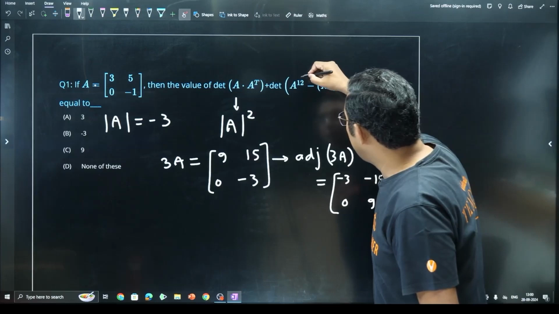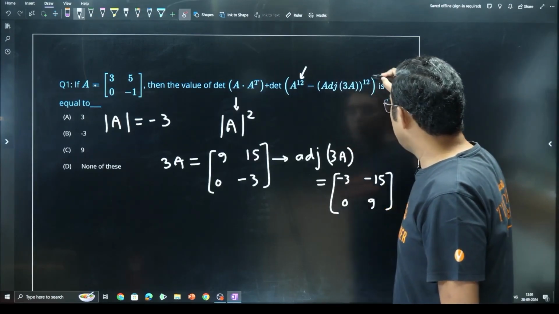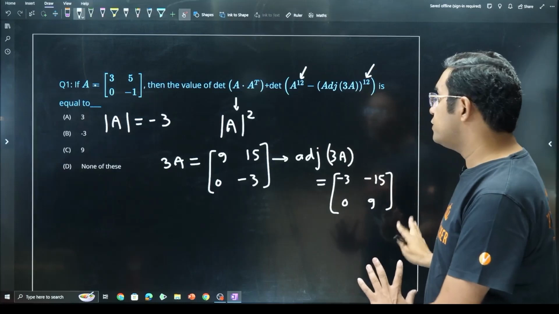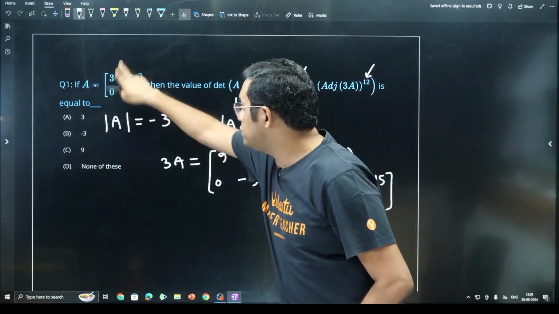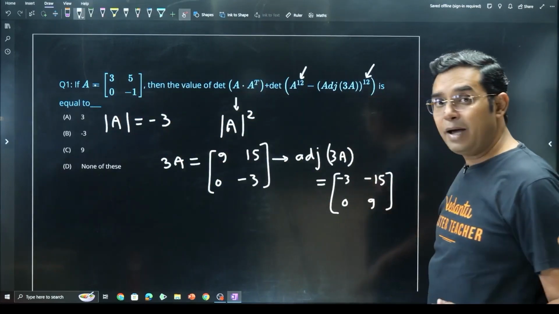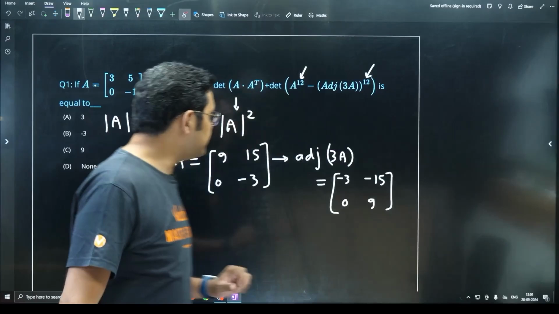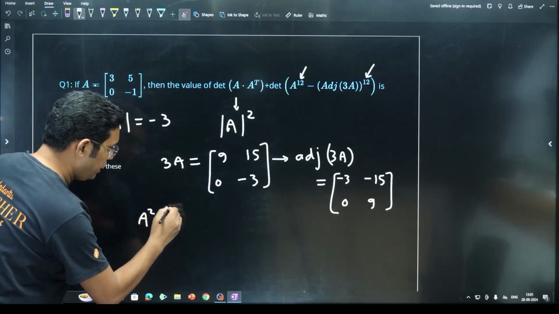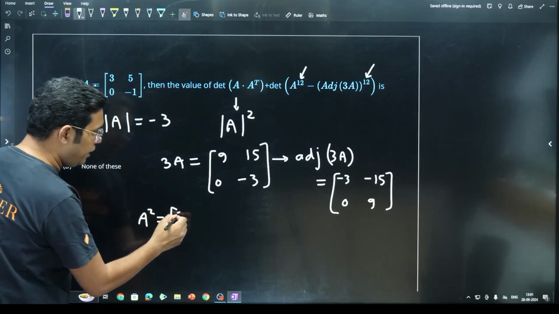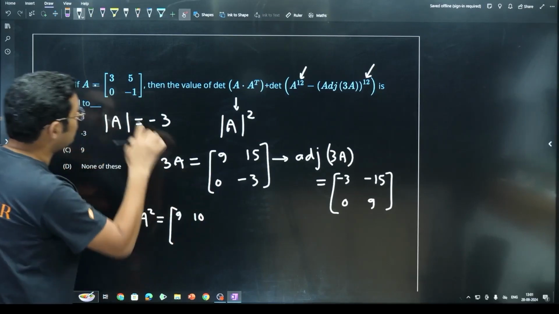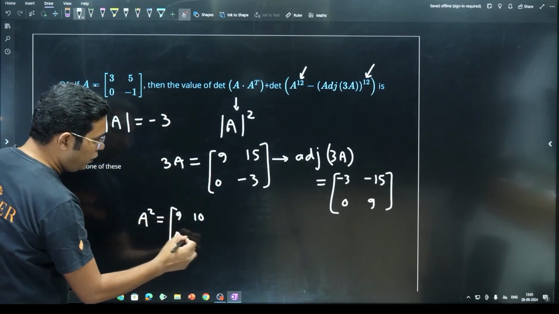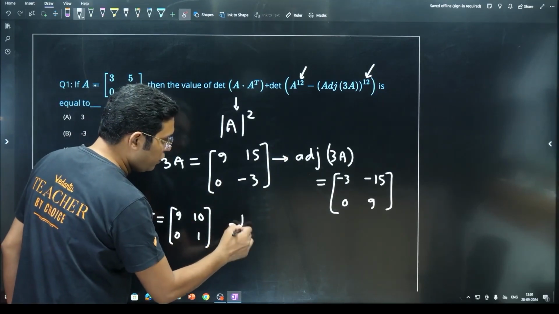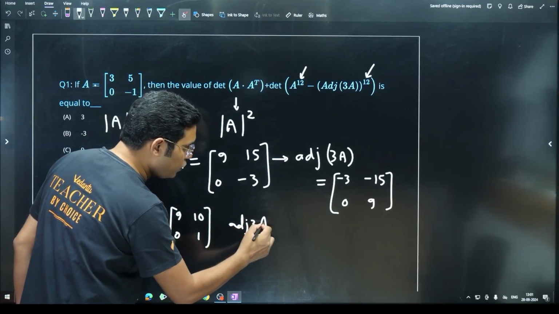Now suppose this power was not 12, this power was not there. So if I have to subtract adjoint of 3A from A, you can see here there is a 30 in the first column, here it is -30. Now let's try to find out A square. If I find A square, it will be 9 here, 10 here, because 15 minus 5, 10, 0 here and 1 here. Now if I try to find adjoint of 3A whole square,